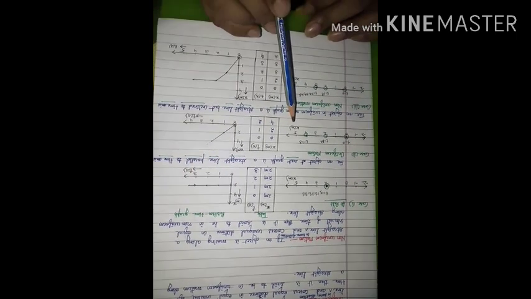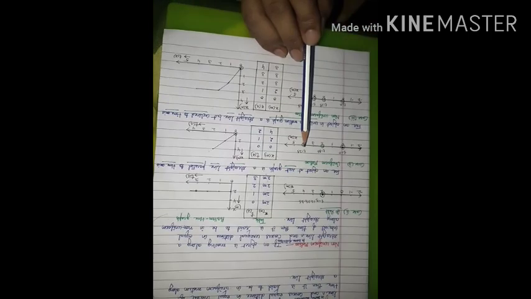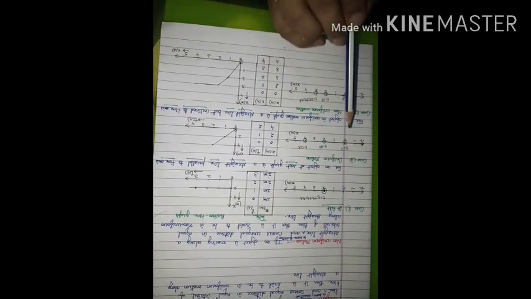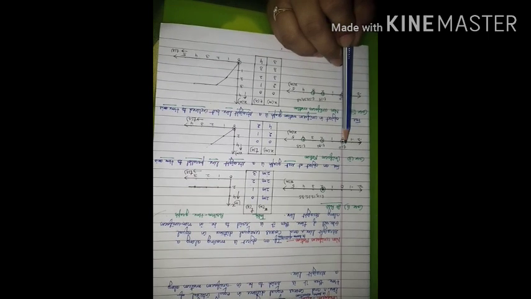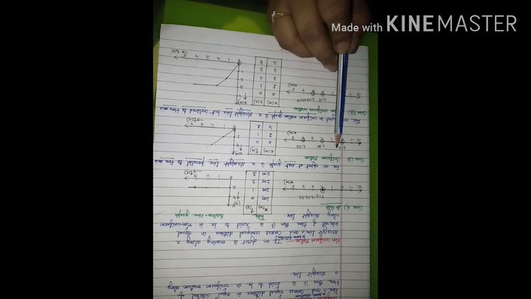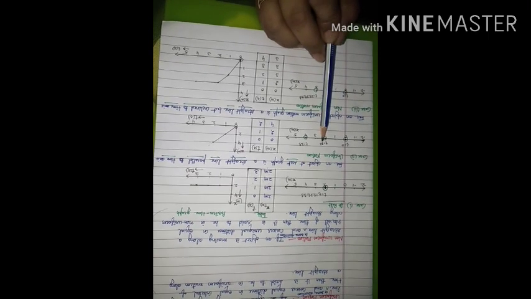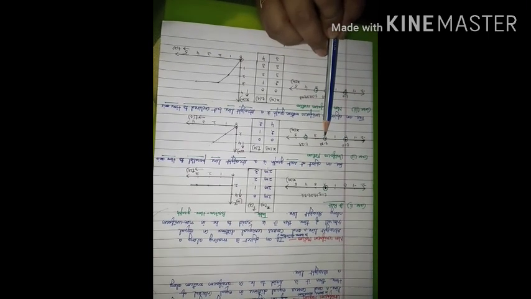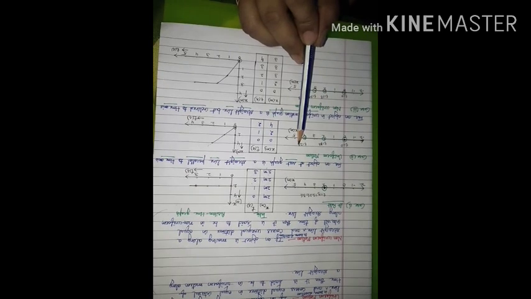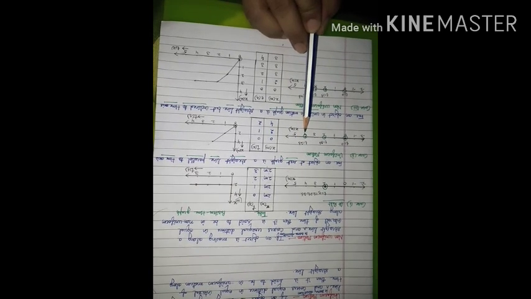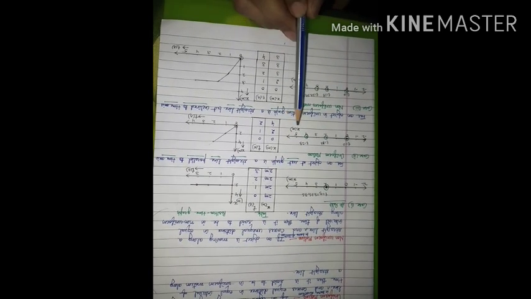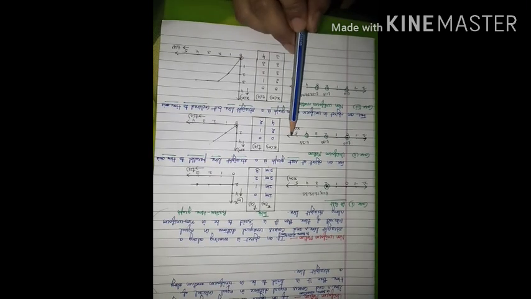Second case, we will consider the case of uniform motion. In this case, let us consider when you have started your observation, when time t is equal to 0, the object is at the origin. After a time interval of 1 second, the object is at a distance of 2 meter. Then after 2 second, it is at a distance of 4 meter. After 3 second, it will be at a distance of 6 meter, like this.